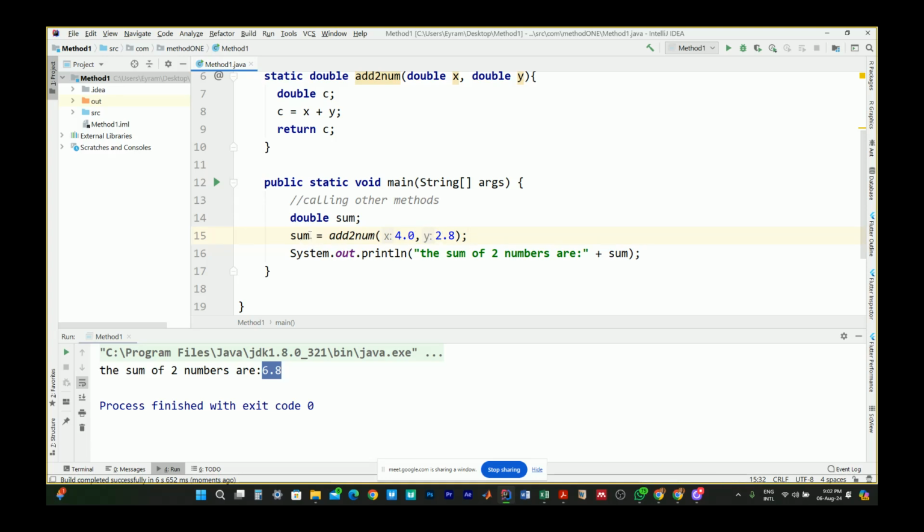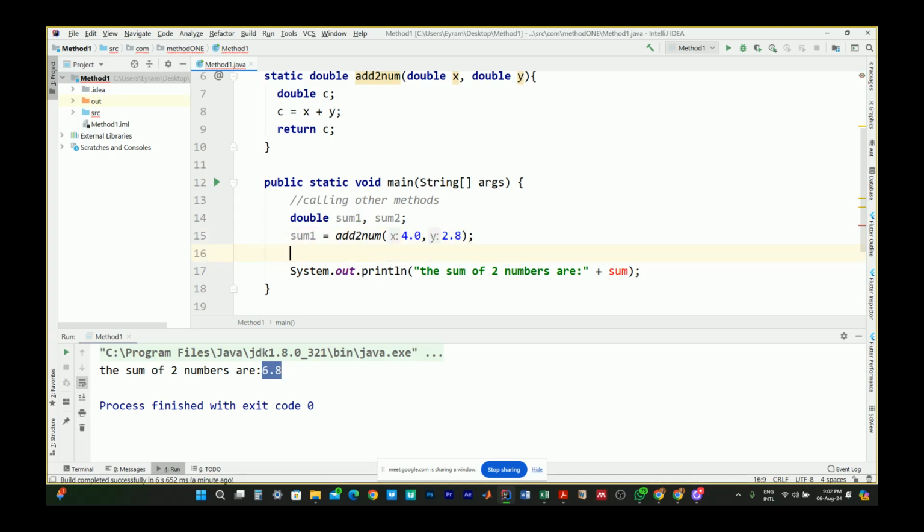So we can call the method again. So let's say we have sum1 and then we have sum2. Okay. So this is the value for sum1. We have to perform some addition again. So we can say sum2